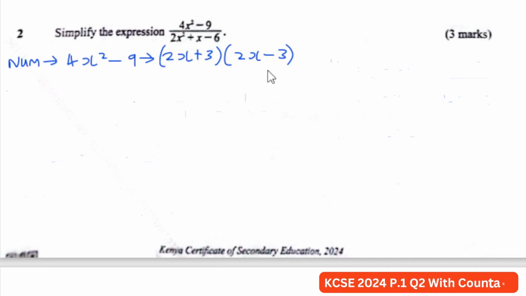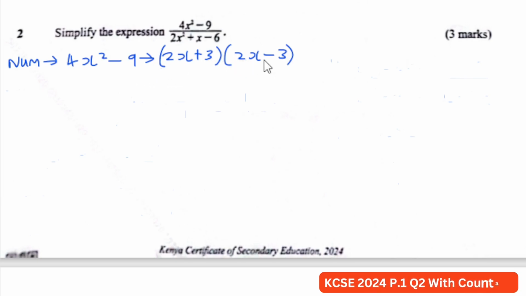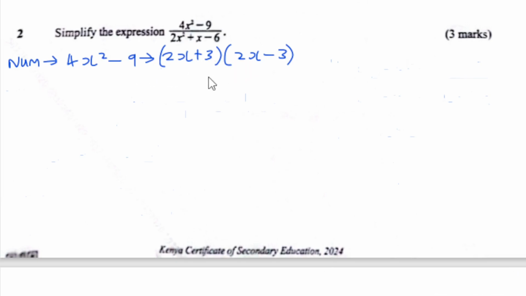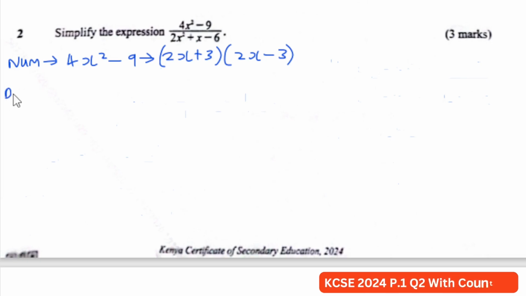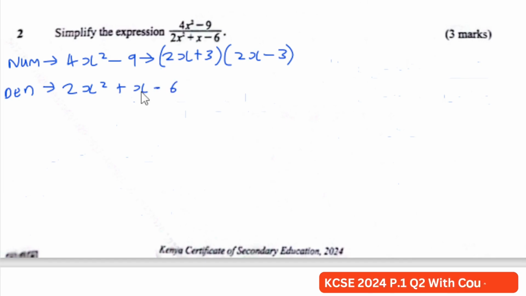So that is it for the numerator. There is nothing much that we can do beyond that, so we can just leave it at that. Then from there, we go to the denominator. Let's write it down as we have done to our numerator. For the denominator part, what we have is 2x squared plus x minus 6. This one, we cannot apply the same formula that we used in our numerator because this is a different case. If you look at it very closely, you will realize that this is a quadratic expression. Therefore, we can try to factorize it.